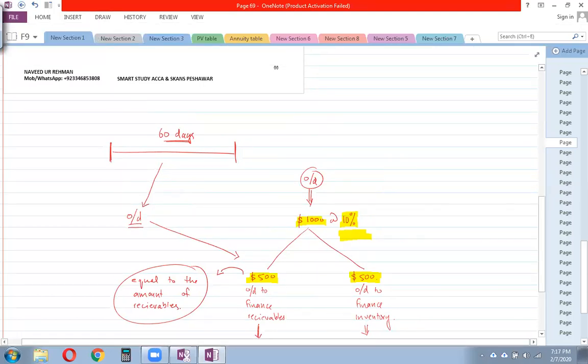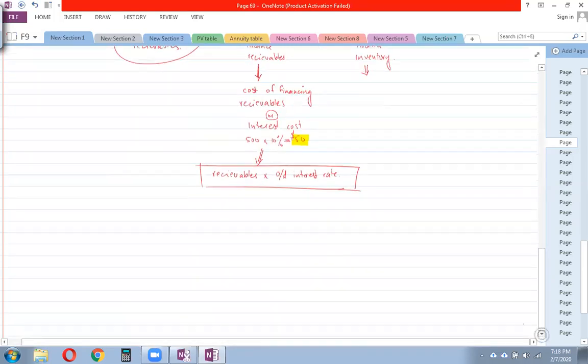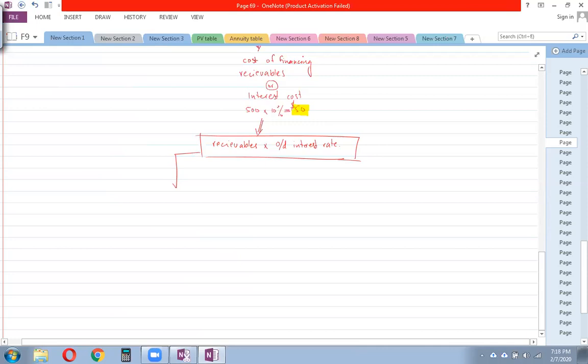So what you can do is, maybe that's not in our hand to choose an overdraft with a smaller interest rate, because maybe that's not something that we can affect that much or influence that much. But what we can do is, we can try to receive early from our customers